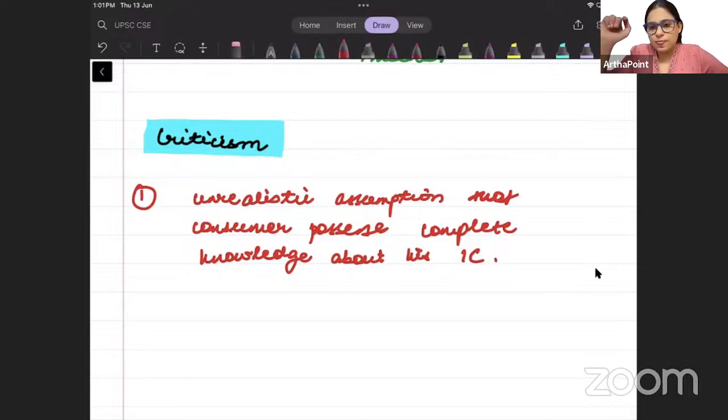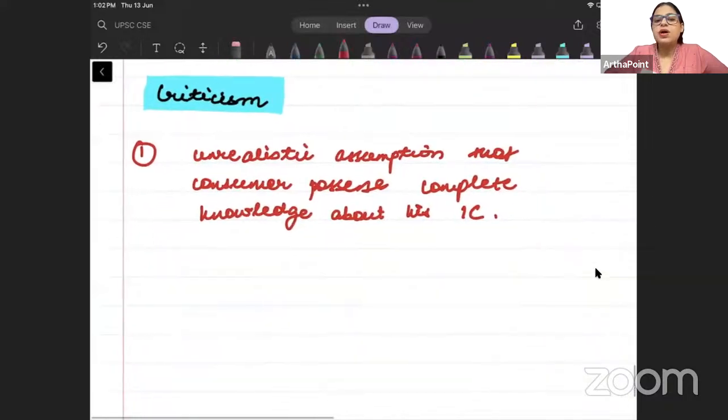Today if I ask you, or I mean you are an economics student, but suppose I go to a village and I just ask that person, draw your indifference curve, tell me about your preferences. It will be very difficult for a layman to present his preferences to you. He cannot, right? So this is such an unrealistic assumption to assume that a consumer will be completely aware, will know very well about his indifference curve, about his preferences. So this is